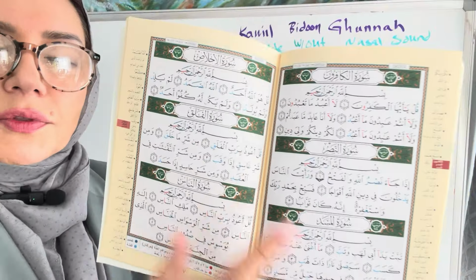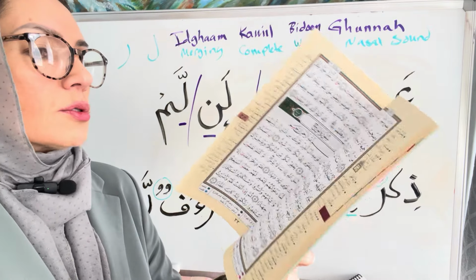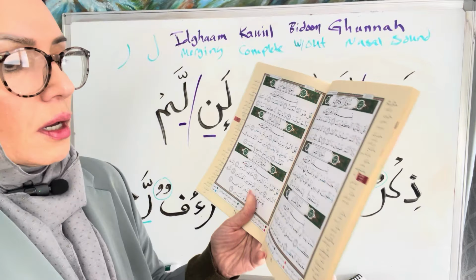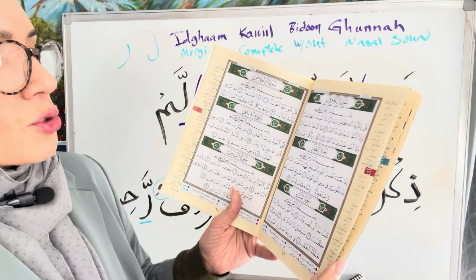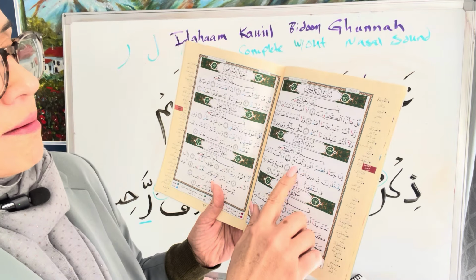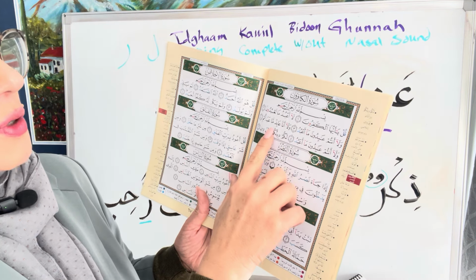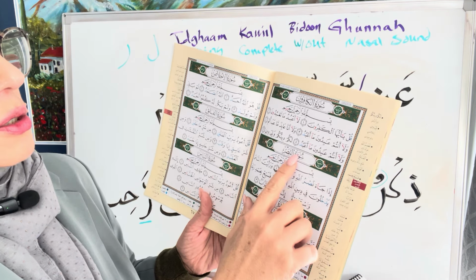So if you get one of these mushafs, they're sold individually, so you don't have to get the entire thing. Just get the last juz, and then inshallah, when you're reading, it points out all of these rules in different colors, so you know what to do when you come across these situations. Because sometimes when we are new,